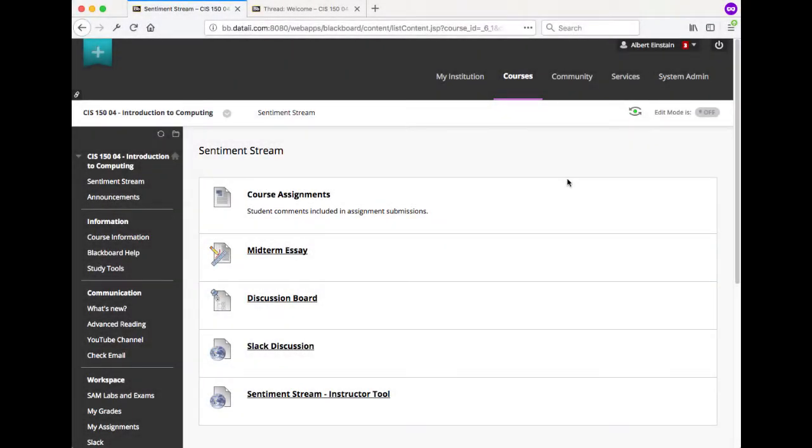Welcome to the course sentiment stream. This application is going to monitor, but then also provide a historical layout of how the sentiment in student posts contributed to the class. The reason why it's important is because sometimes there are discussion forums, there are other posts being